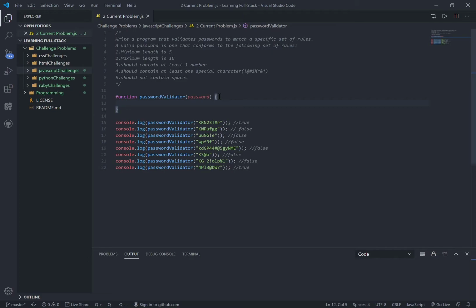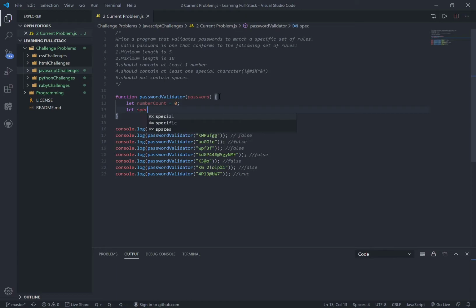So we're going to want to make it a count of how many of those there are. So we'll let number count equal 0 and let special character count equal 0, and we'll let numbers